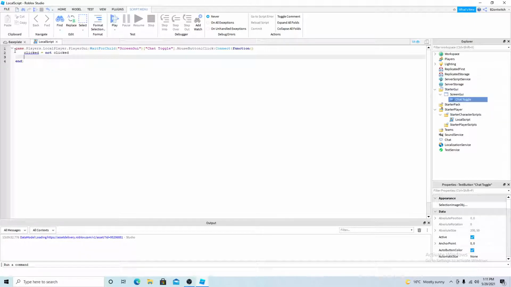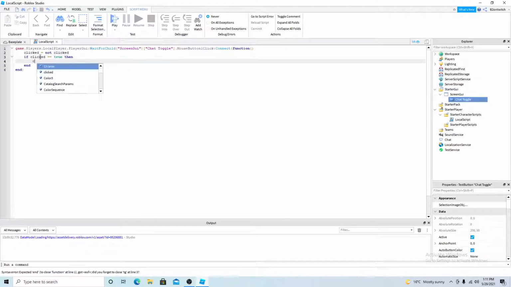So since we didn't put clicked on top of our script or before this, it's nil, which is false, so it will equal true, and then it will equal false again, and then true, and it's going to keep on repeating. So if clicked is equal to true, then, else if clicked is equal to false, then